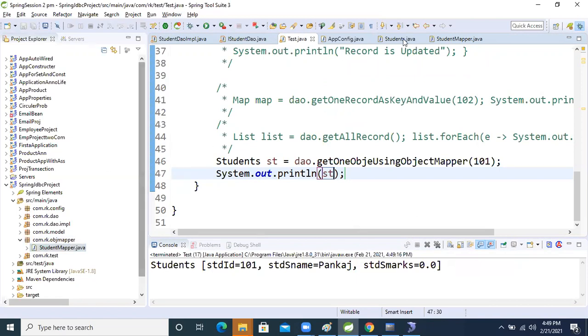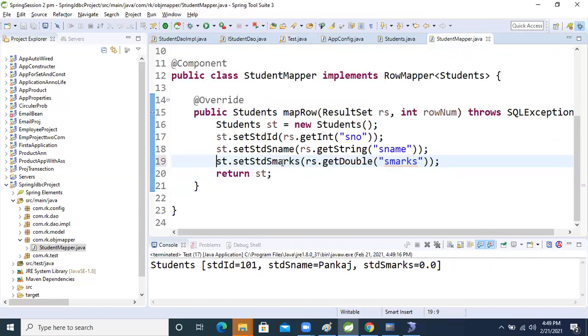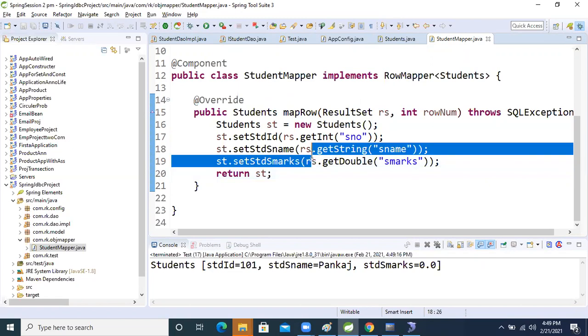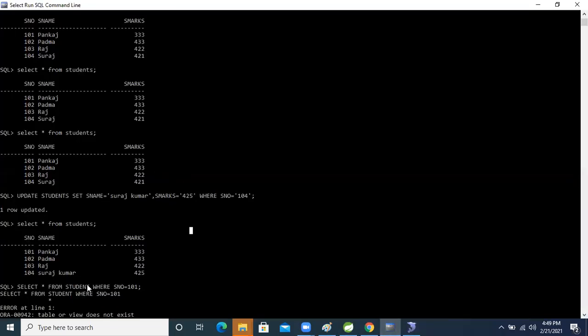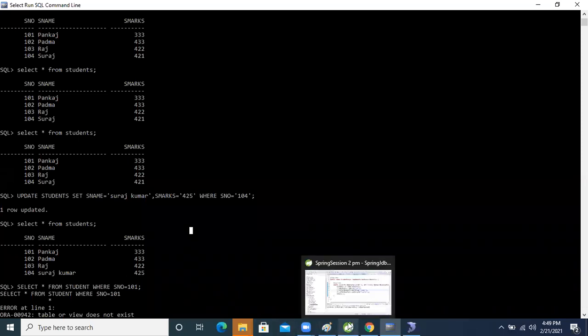Now again come to the student row mapper class. We got the result. Next, I want a list of objects, all the data inside the student table, using the callback interface.